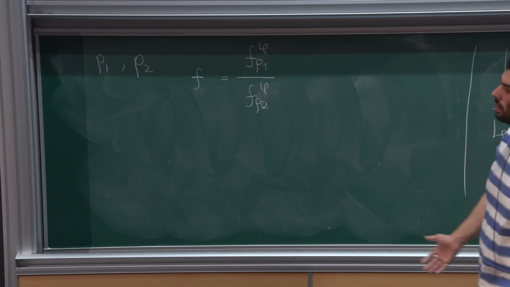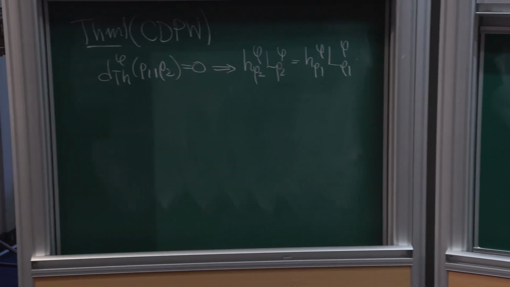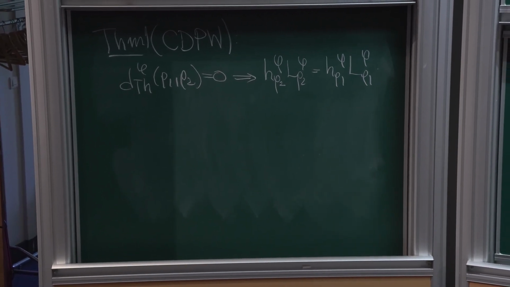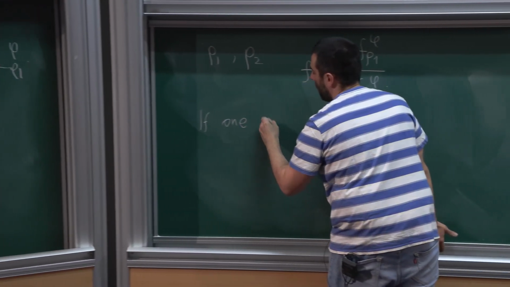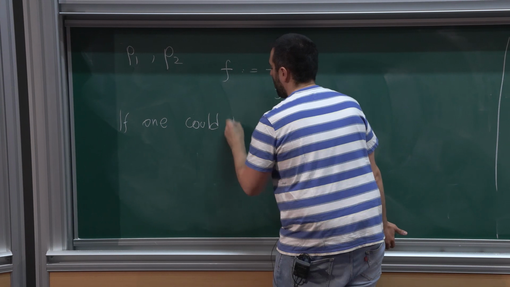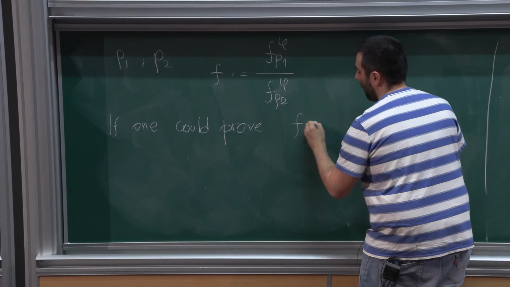So I want to assume that the distance is 0, and I want to conclude that. So how do I conclude that out of this formalism? If one could prove that f is a constant,